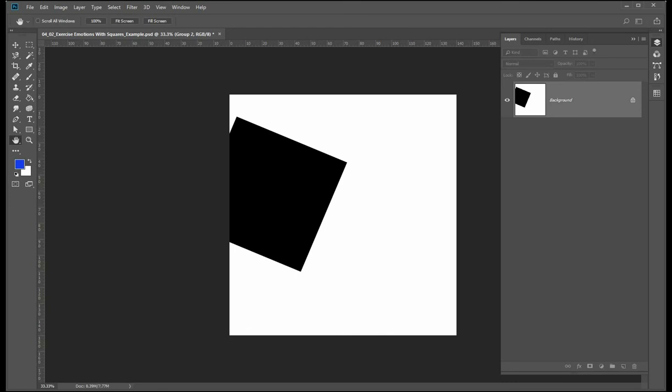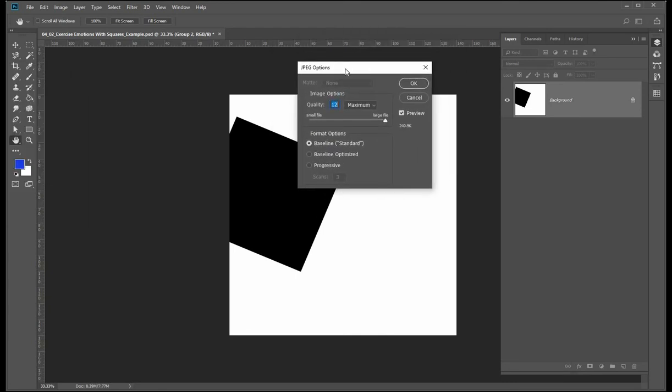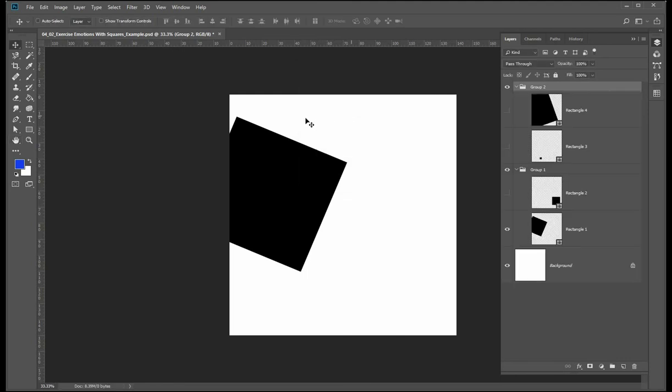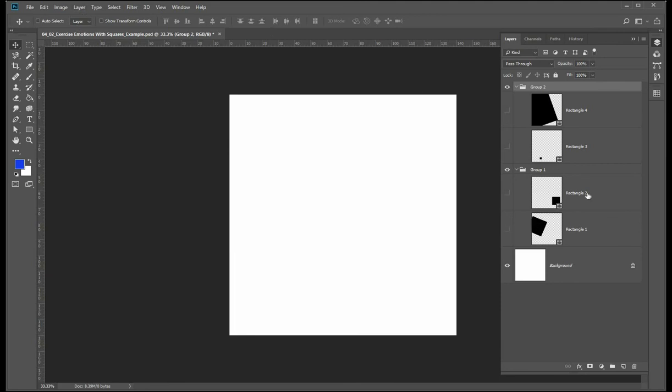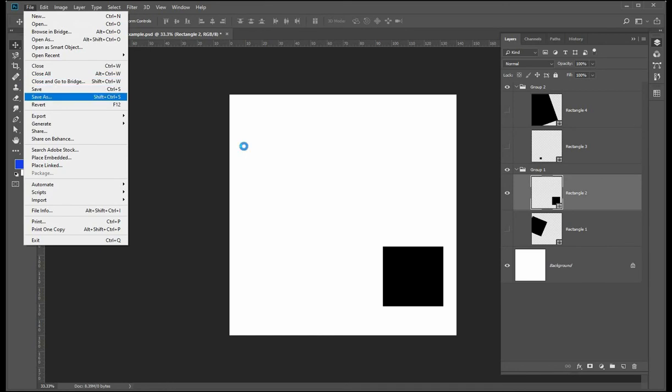Yeah. So it will ask me what quality I want. Let me select just maximum quality. Yes, here I can save it in high quality. Okay. So then I just hide this layer, and I show this one, and then I say again File, Save As,